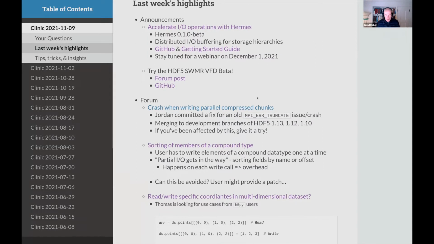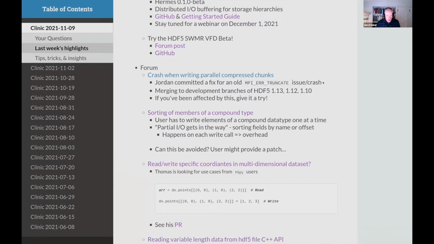Let's look at the forum. Lots of things happening on the forum. There was one comment from Jordan Henderson, one of our developers, who is the main developer behind parallel compression. He said there was an issue on the forum that was outstanding for a while, where people reported issues, potential crashes due to truncation of the file. And Jordan believes that he came up with a fix, and that fix is probably already in develop, but it's